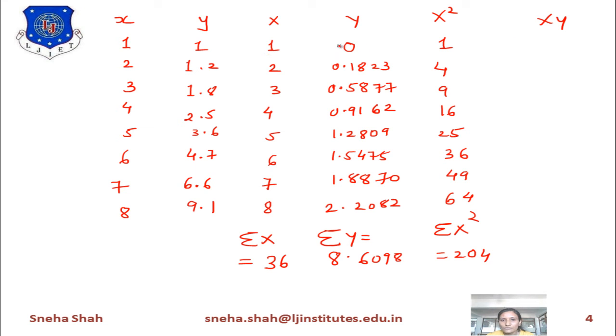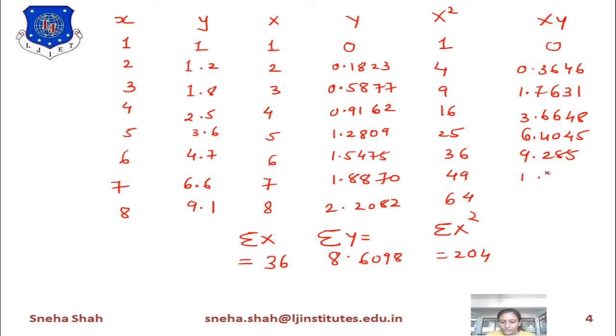x into y means 1 into 0, 0, 2 into 0.1823, it will give you the answer of 0.3646. Likewise, we will calculate all the values, then it will give you the answer like this: 6.4045, 9.285, 13.209, and the last term is 17.6656. Now if I add all these values, it will give us the answer of summation XY,